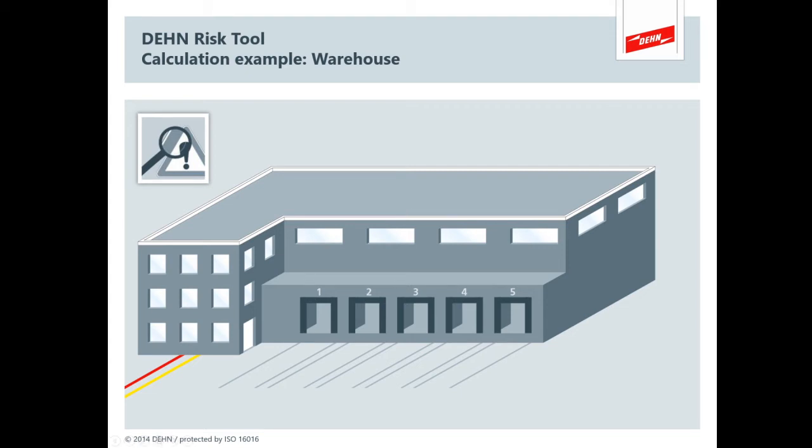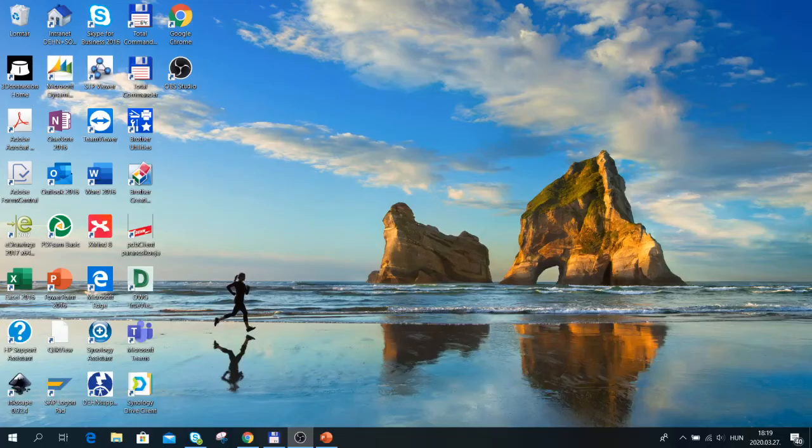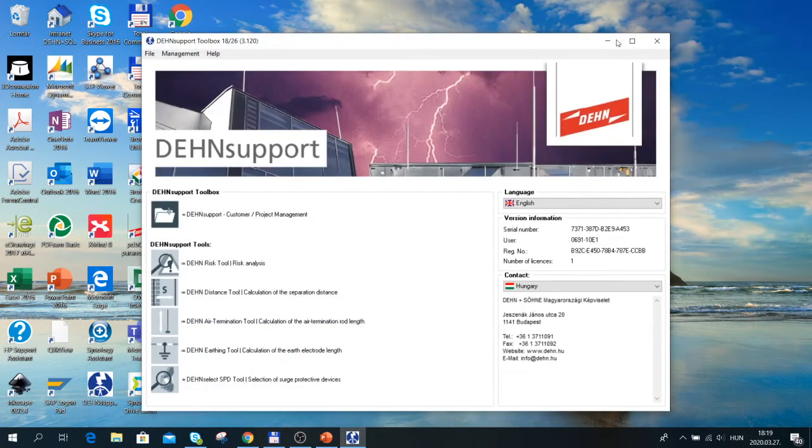Okay, I will just change the screen. Yes, and okay. Here is my laptop monitor, and we can start now with the sample calculation. Let's start the DEHNsupport program. So here is our software,